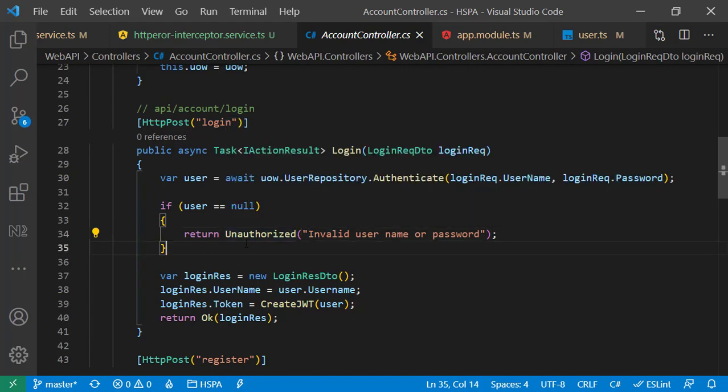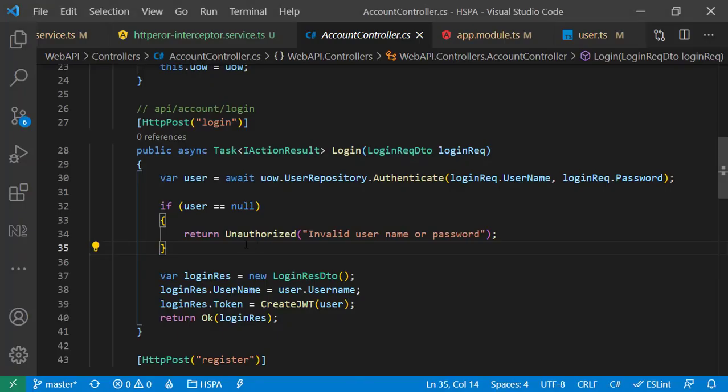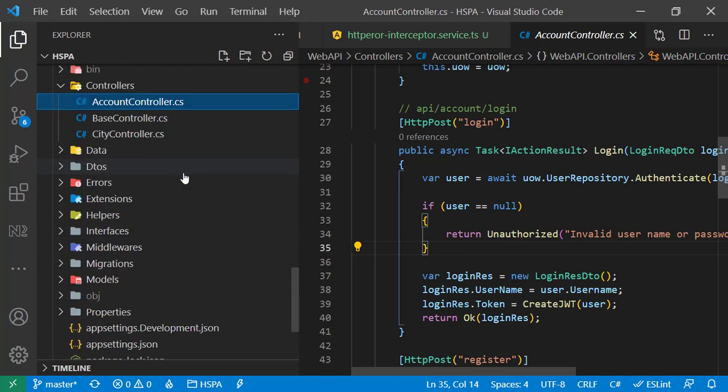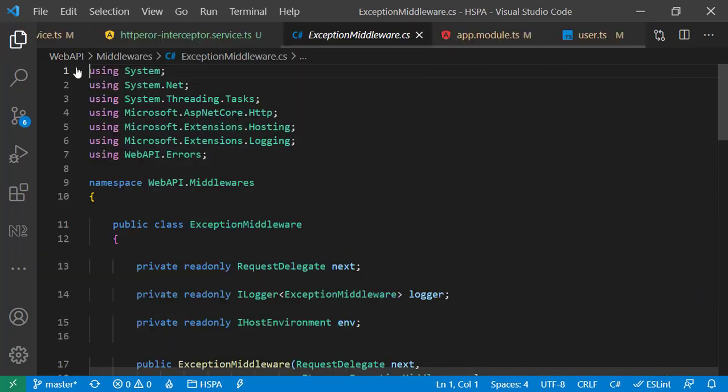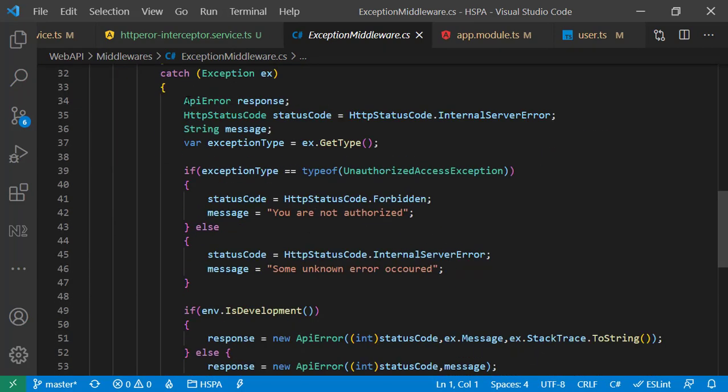The handled error that is being returned by our controller is defined here. So when the user was invalid, we are throwing this error in the error response. Let's think what will happen if our API server is running but our database server is down. That is also possible in a real world scenario. Let me stop the SQL Server instance so that we can replicate this issue in our web API.